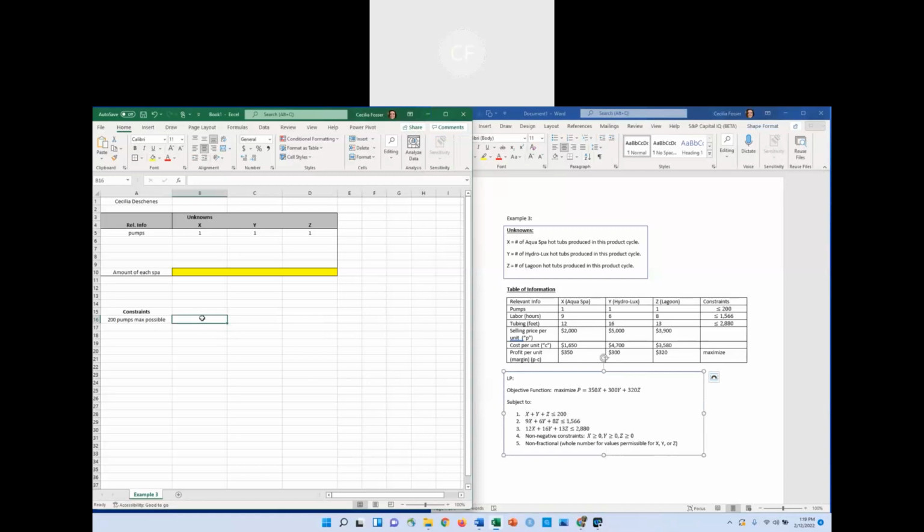So I'm going to do it two ways. I'm going to do it the really long, painful way. I'm going to say the coefficient times x plus the coefficient times y plus the coefficient times z. And then I'm going to show you how to do it with a special function Excel has that does that for us and makes it easier to type in. So the first thing is you're going to take whatever the coefficient is. In this case, it's 1 for pumps. And it's got to be multiplied by this amount of